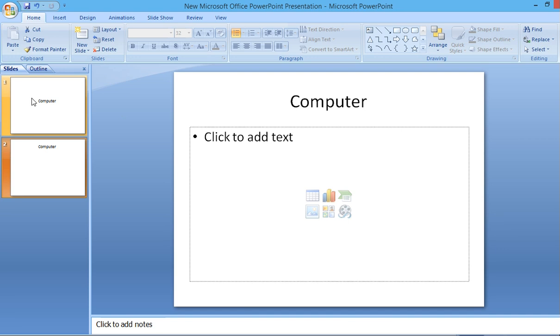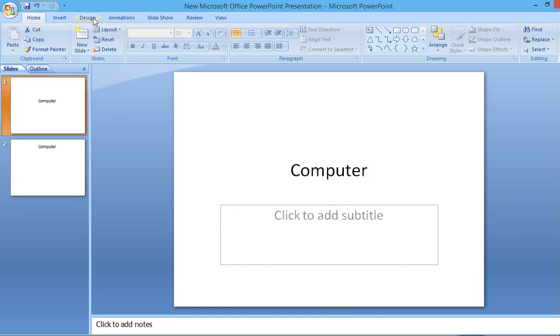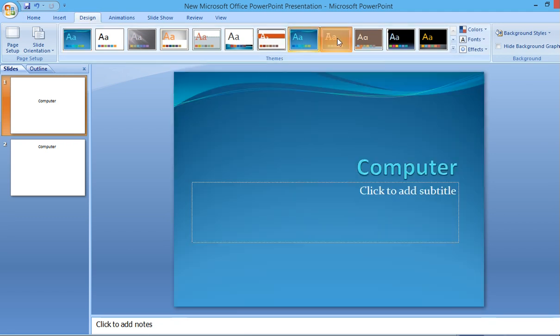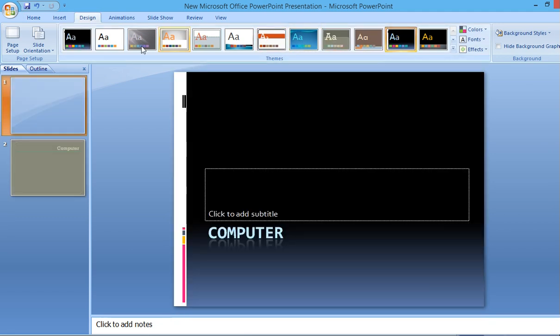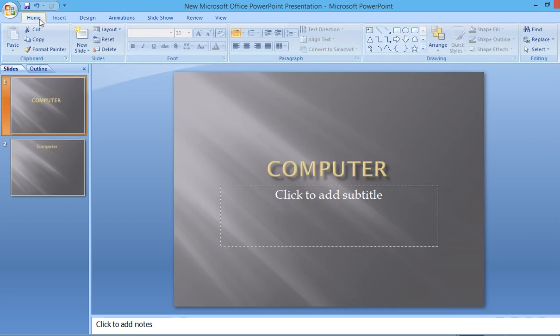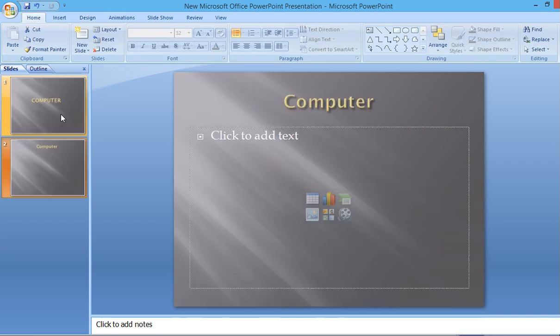Now next thing is how to change the design of this slide. You will go to the design option and here are so many designs. Then go to the home button.